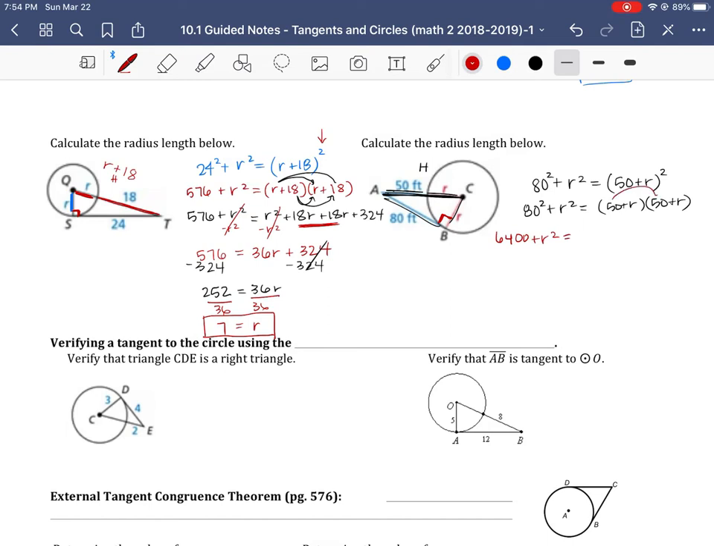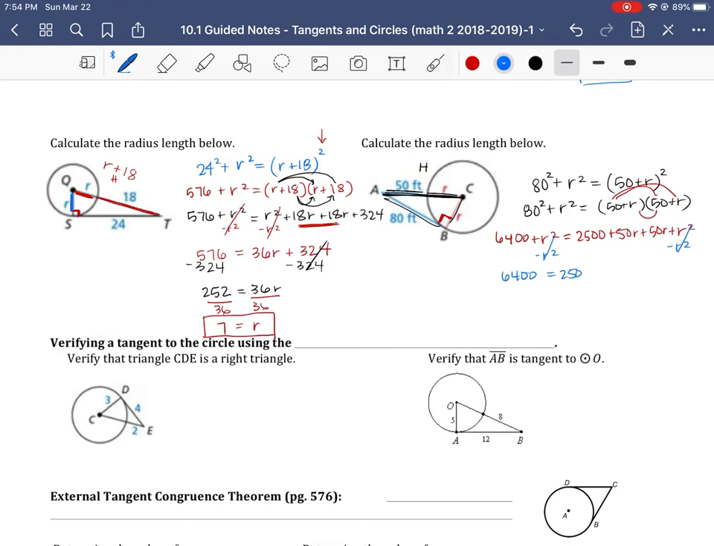Then this is equal to, if we start to FOIL that, 2500 plus 50r plus 50r plus r squared. I just want you to see that the same thing happens with our r squareds. You've got one on this side and you've got one on this side, so they nicely cancel out. That's really convenient because then you've got